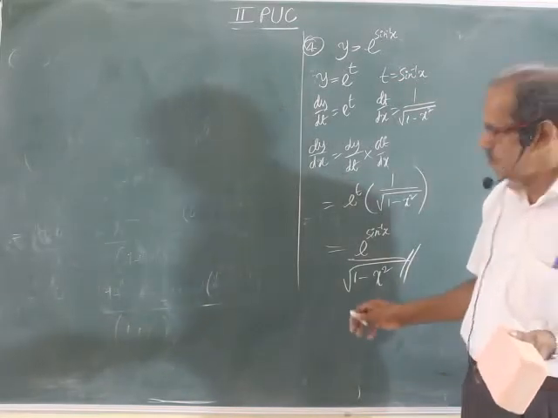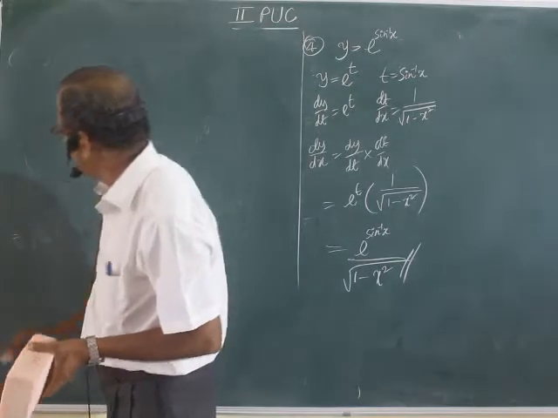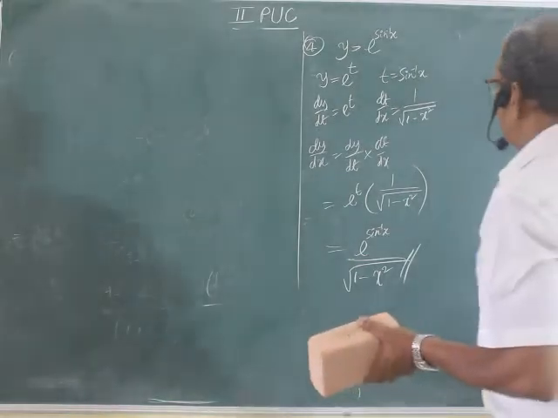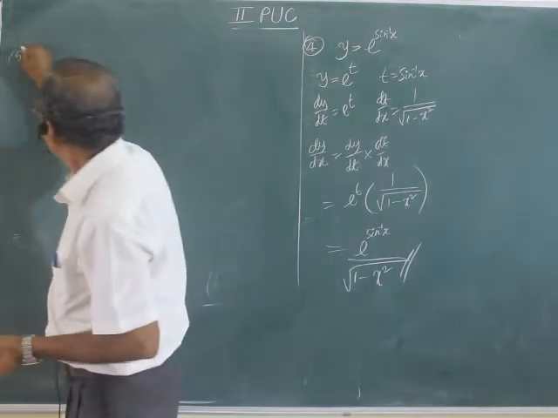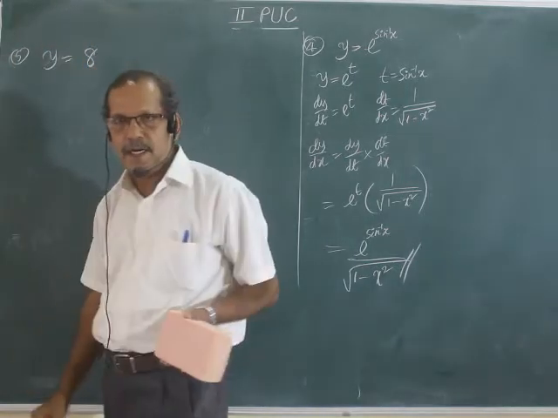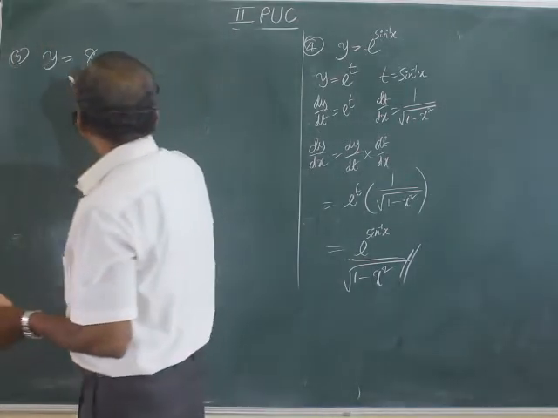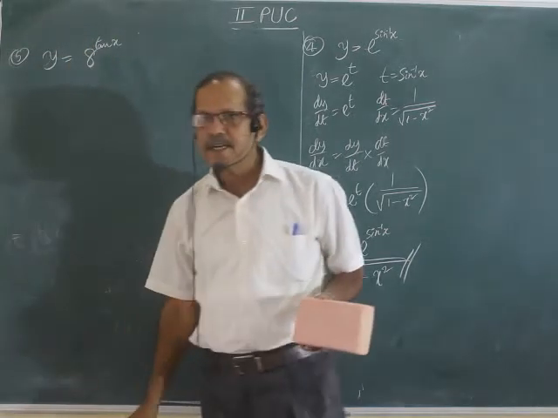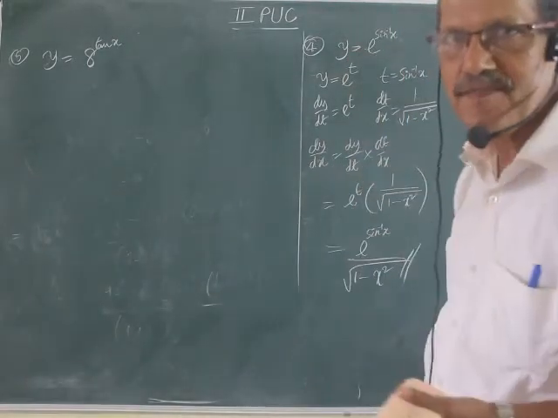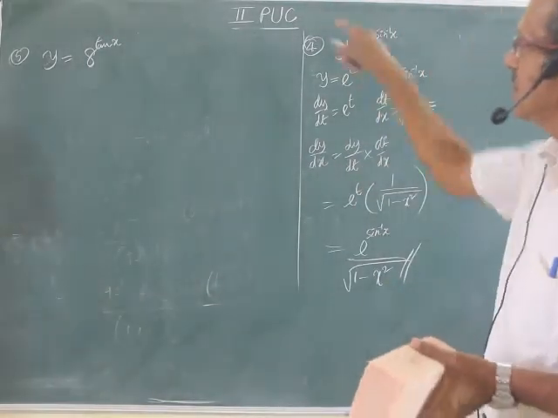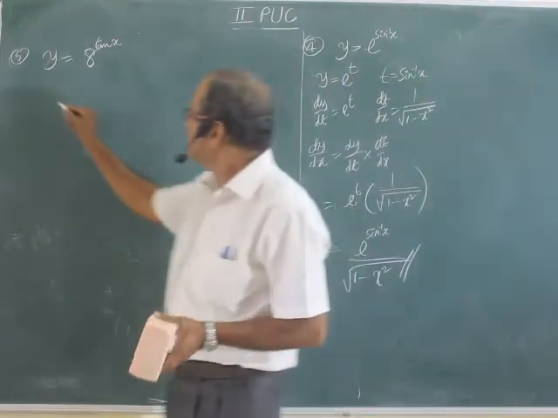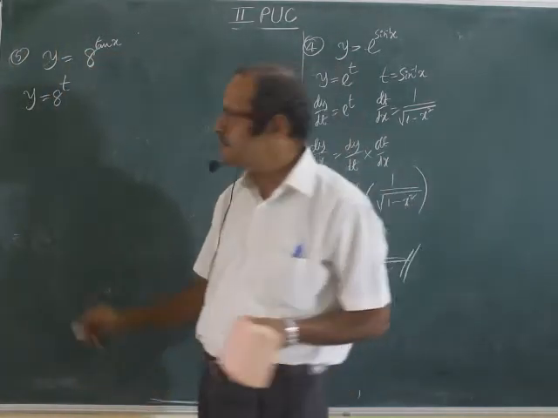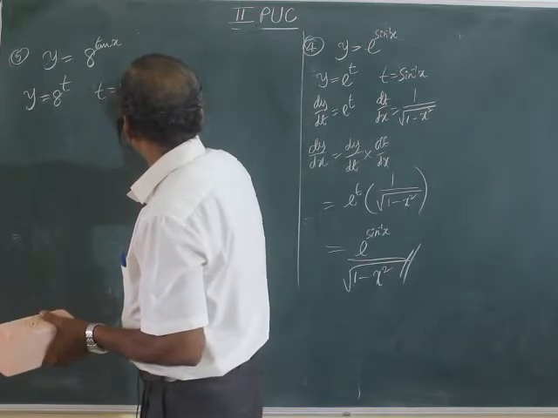After coming to new formula, let us include that particular formula in product, quotient, chain rule like this. Problem number 5, y equal to 8 to the power, let me take trigonometric function. 8 to the power tan x. Remember, a to the power x formula is there, no? Same type, chain rule. Now, y equal to 8 to the power, whatever it may be, write it as t. T equal to tan x.